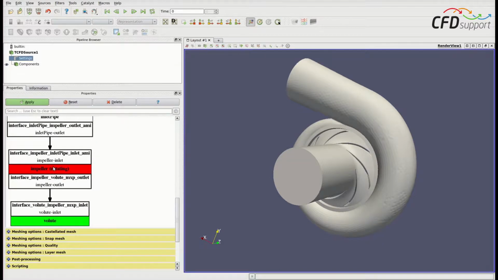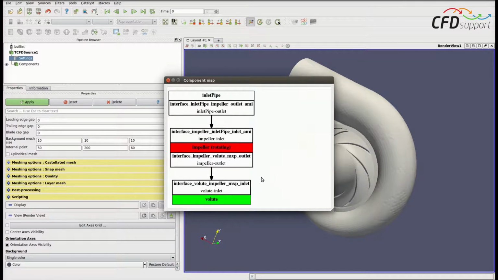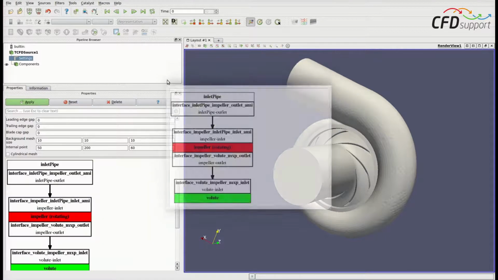So, and that's it. We can check the component map. All the arrows are full, so it means everything is set properly, and we can move on now for the